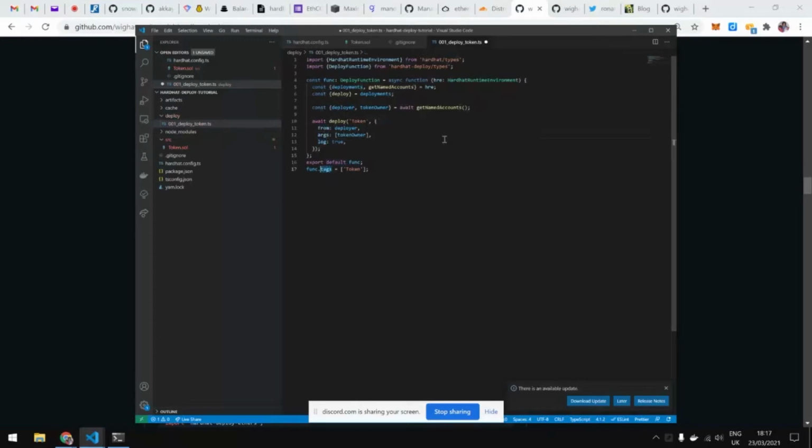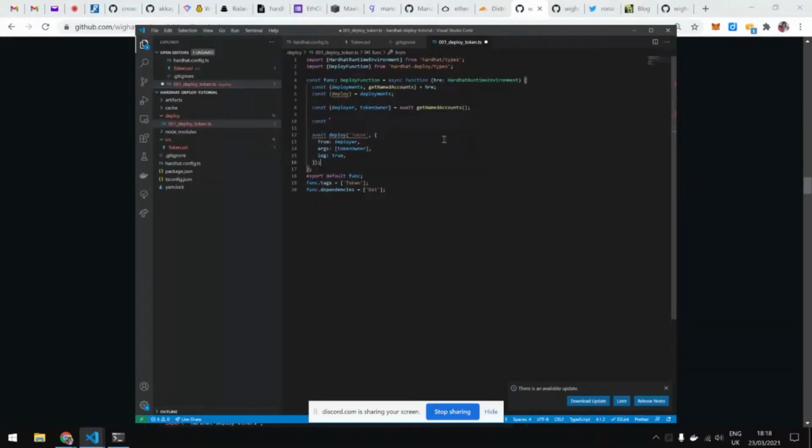The tag feature is basically a mechanism by which you can give some kind of ID to the script, but there is more than just an ID. You can have multiple deployment scripts with the same tag, and it allows you, for example, to say, I want to deploy that particular tag, and it will look for it. More importantly than that, we could have dependencies. So I could have a list of different tags here. Maybe Token was dependent on the DAI contract, or whatever contract I used before, and then I could be sure that